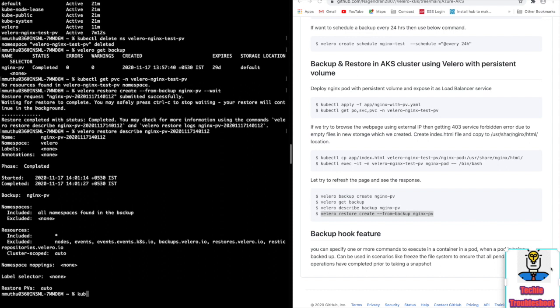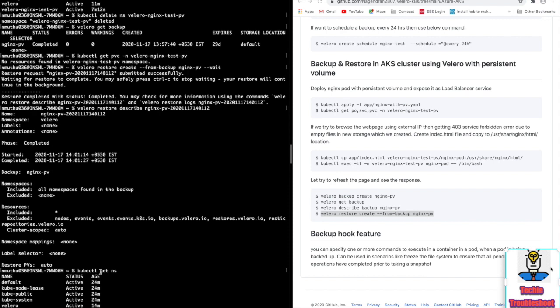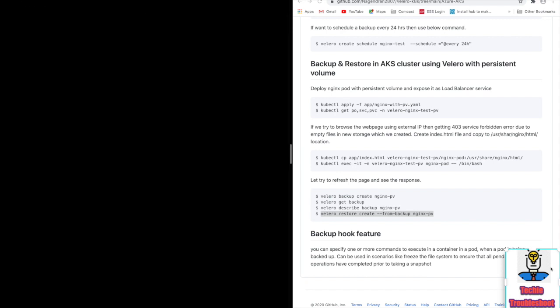Now I'm going to check the namespace first. So the nginx test namespace is created now. Earlier we got an error due to namespace unavailability, but now we got the persistent volume.